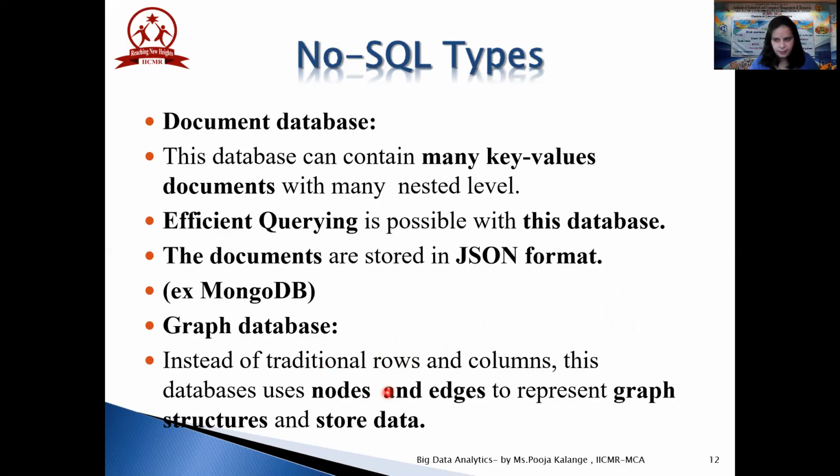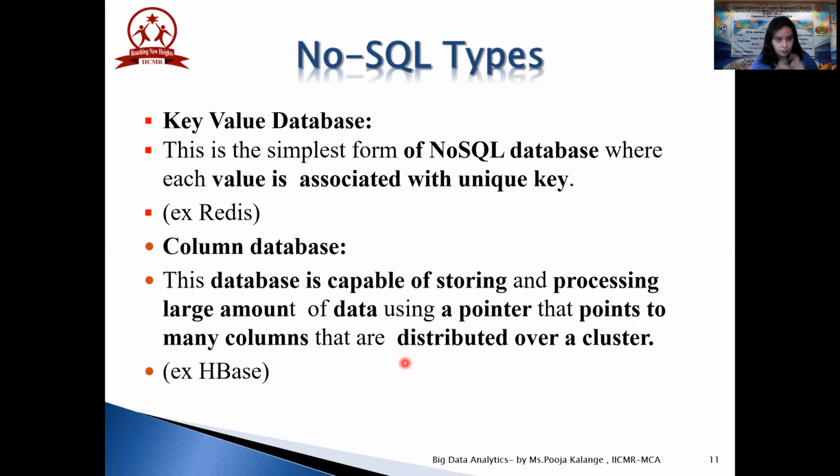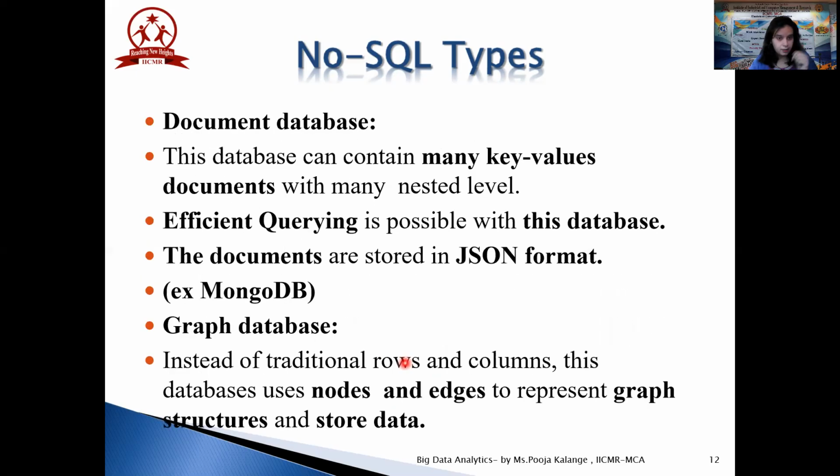So a graph database, a basic example of this is Facebook, which you already know, right? So that is the graph database. Then we have the document database. This database may contain many key value pairs, which may be present at a nested level. This efficiently handles semi-structured data, so that's why efficient querying is possible with this database. The documents are stored in the JSON format, which is semi-structured, and MongoDB is one example of this document